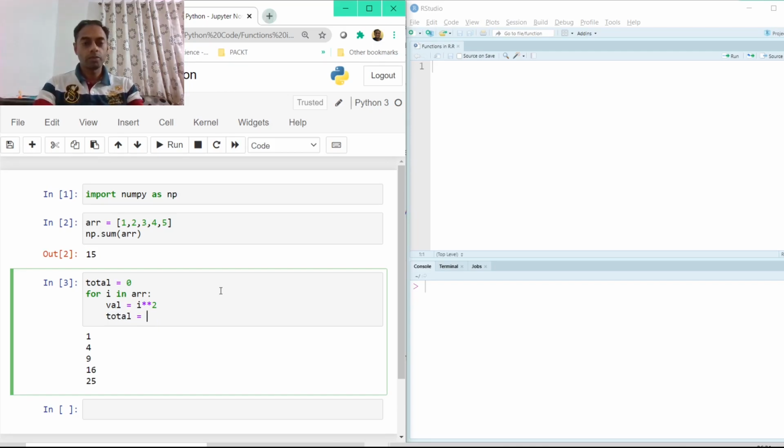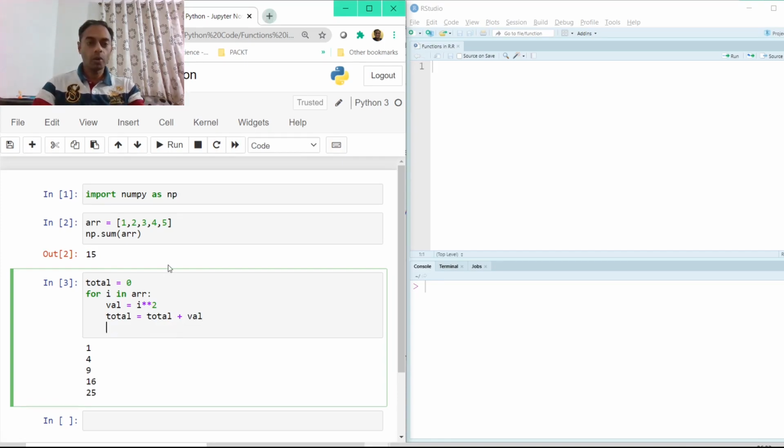Total now becomes total, which was 0 earlier, plus whatever value we have got by squaring the first number in this array, which is val. And now if I do a print here inside the for loop, it will give me a cumulative sum as it proceeds through this list of numbers here.